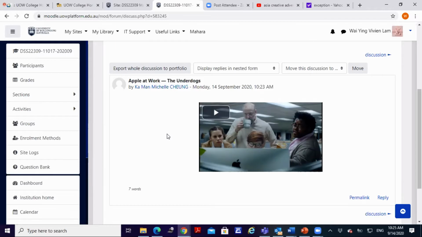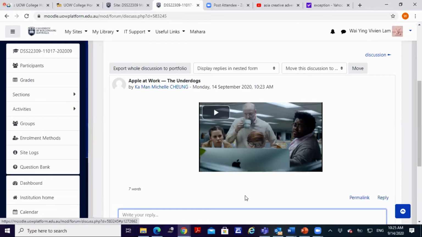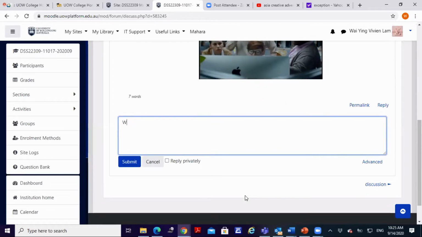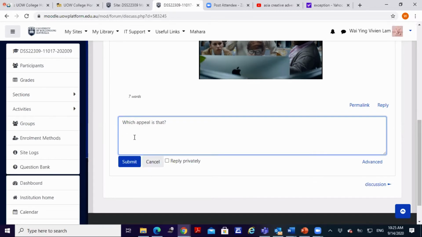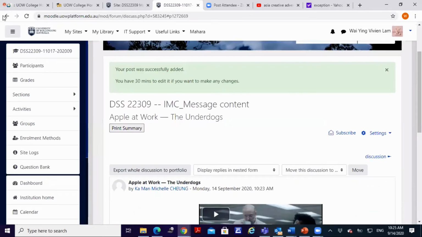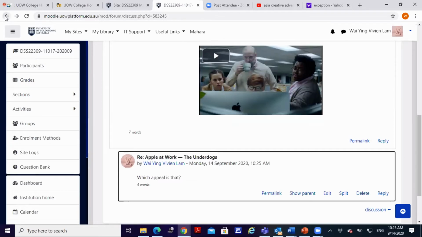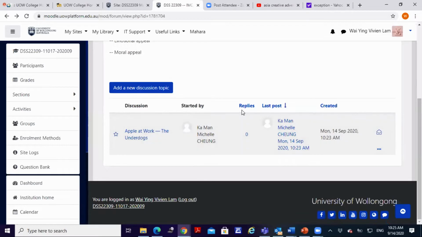Rational, emotional or moral?除咗條片,麻煩你加翻呢個廣告係咩 approach。你唔使自己開新嘅,喺我嗰條 link 入去 reply 就得,我就會睇到你嘅 discussion。